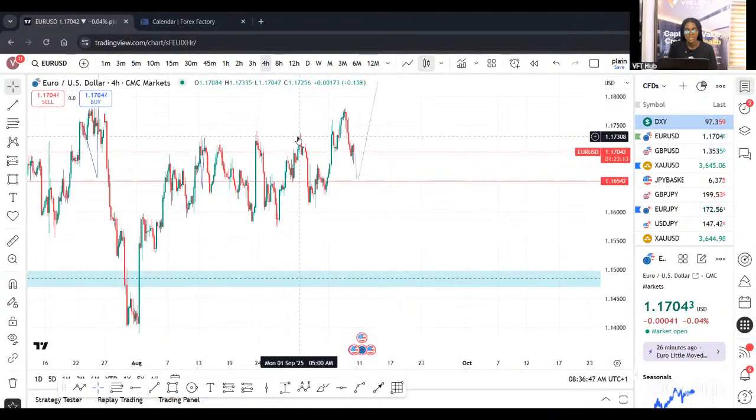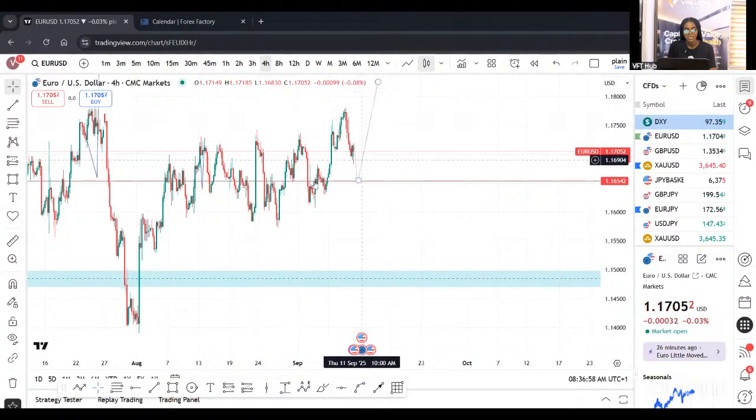Coming down to the 4-hour time frame, let's see if we can see something clearer, something obvious. So right here, we've seen a break of the high and we've seen a retest. Where do I think price wants to trade into? There's the left shoulder right here, shoulder at 1.16542, sweep to the downside, break to the upside. Once price retraces into 1.16542, I will be willing to long Euro USD.